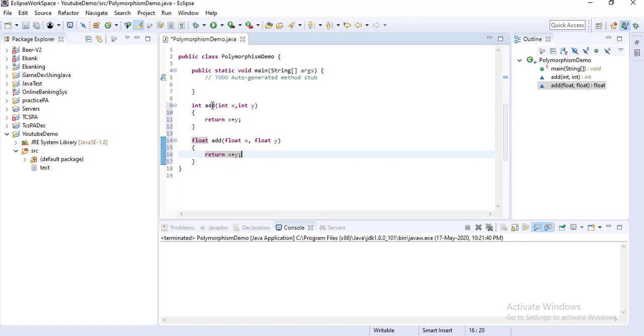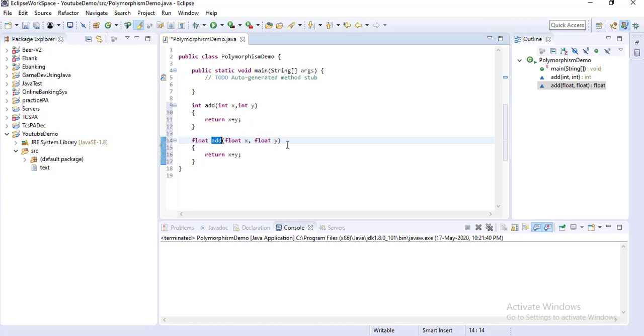Here you can see that these two add methods will perform the same kind of operation but with different parameter sets. Both will perform the addition of two variables. In the first case the variables should be integers and in the second case the variables should be float.